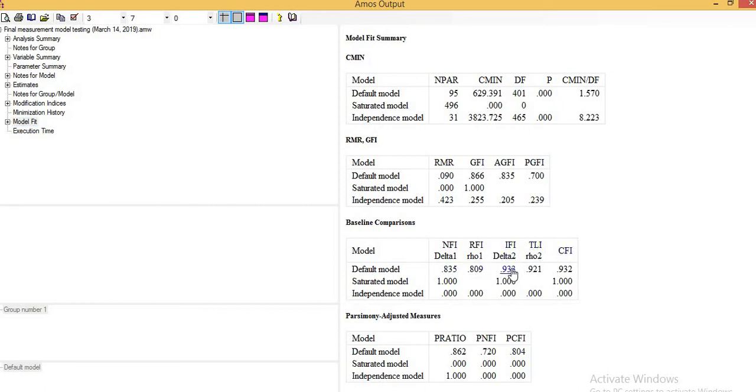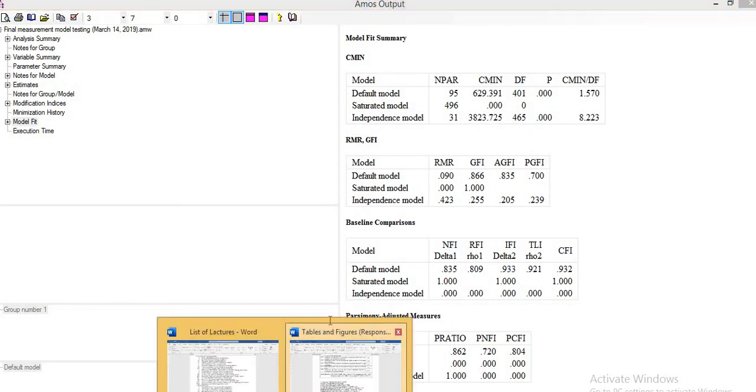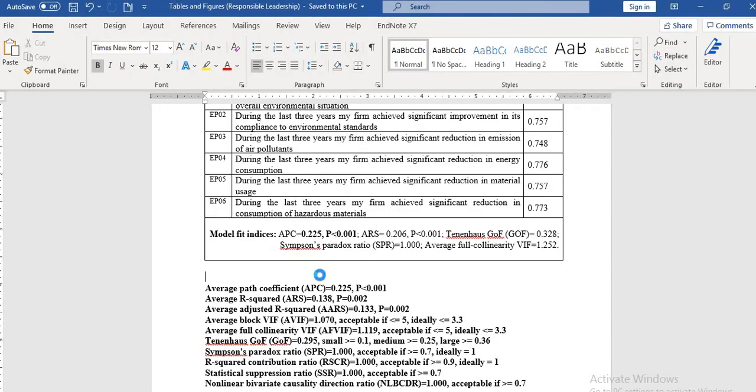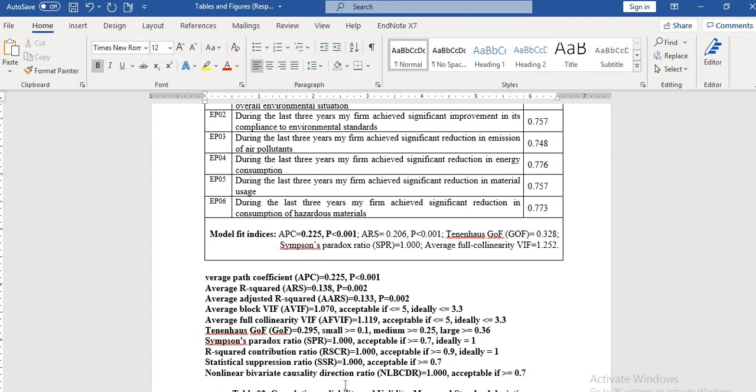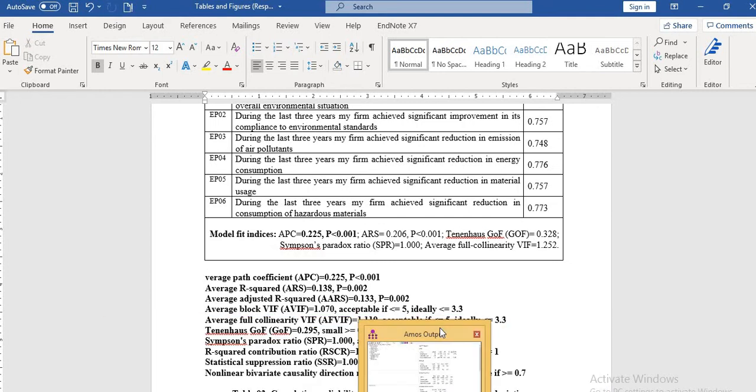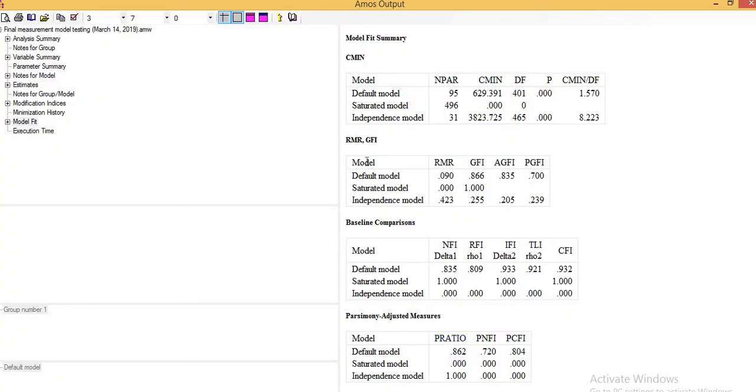You can simply copy these figures and paste them in your worksheet, or you can get a print of that figure, and then simply click on the rewrite on your MS Word. This is not allowing me the copy and paste option, so maybe it will allow me to copy and paste